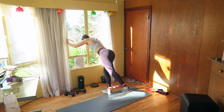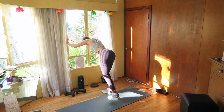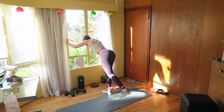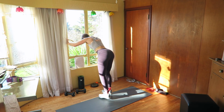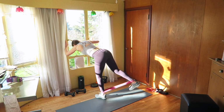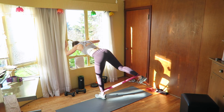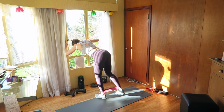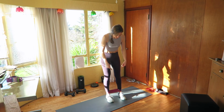1, 2, 3, 4, 5, 6, 7, 8, 9, 10, 11, 12. Switch sides right away. 1, 2, 3, 4, 5, 6, 7, 8, 9, 10, 11, 12. All right, so if you don't have the long band, you can just keep the band around your